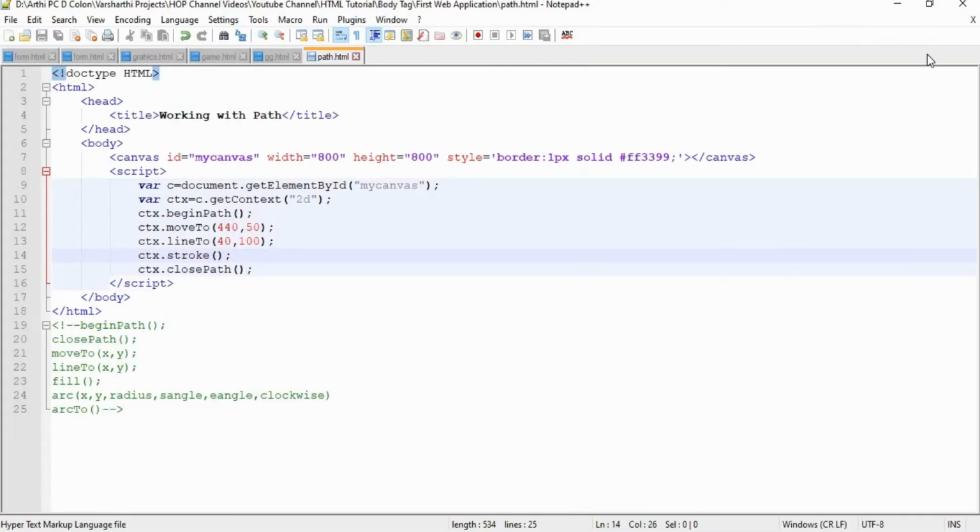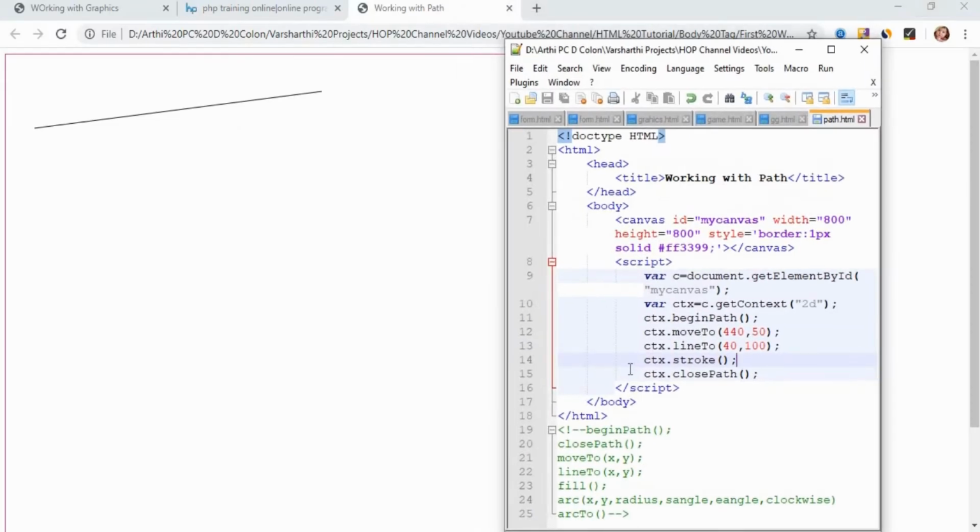So what happened here is, just check your code with the output, right? Here we have called the lineTo function, which is responsible for making a line with the x coordinate as 40. Hence, from the x-axis 40, the line has been moved to the x-axis of 440, right?